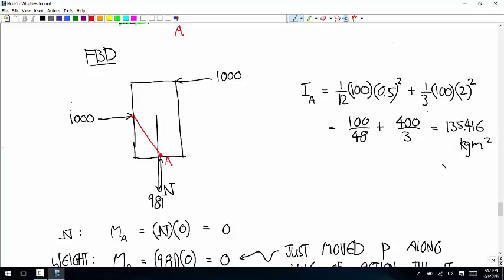Okay, so we're going to have to move this force along its line of action. This is its line of action. Okay, so if we move this force until it gets right to the middle, then you can see that this does become